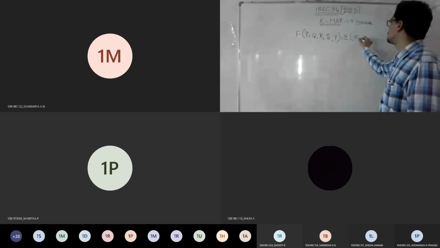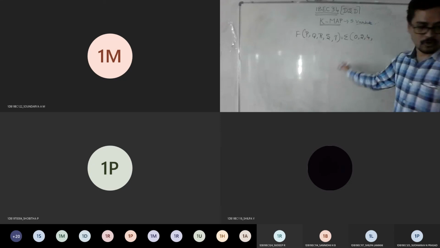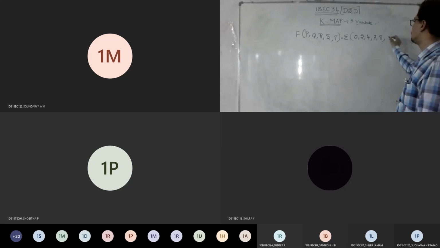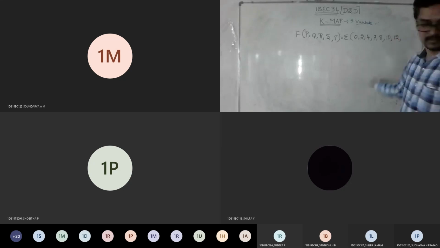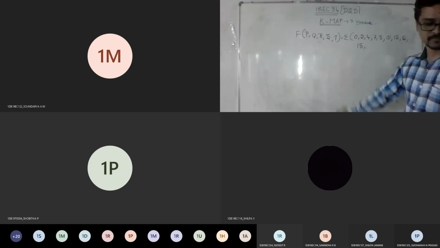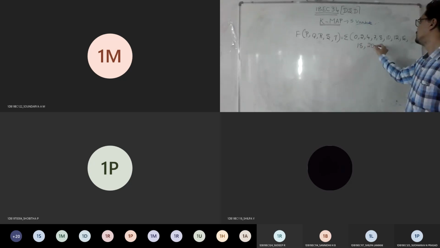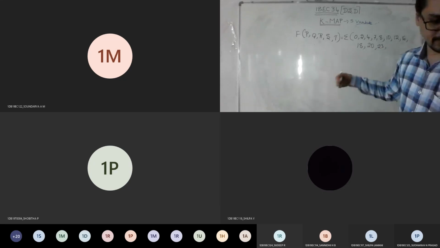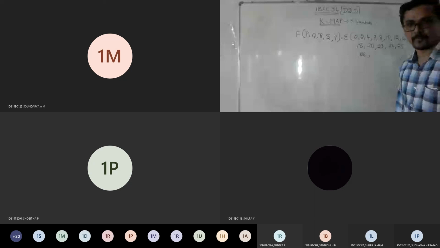Write down the values: 0, 2, 4, 7, 8, 10, 12, 16, 18, 20, 23, 24, 26, 27, 28.